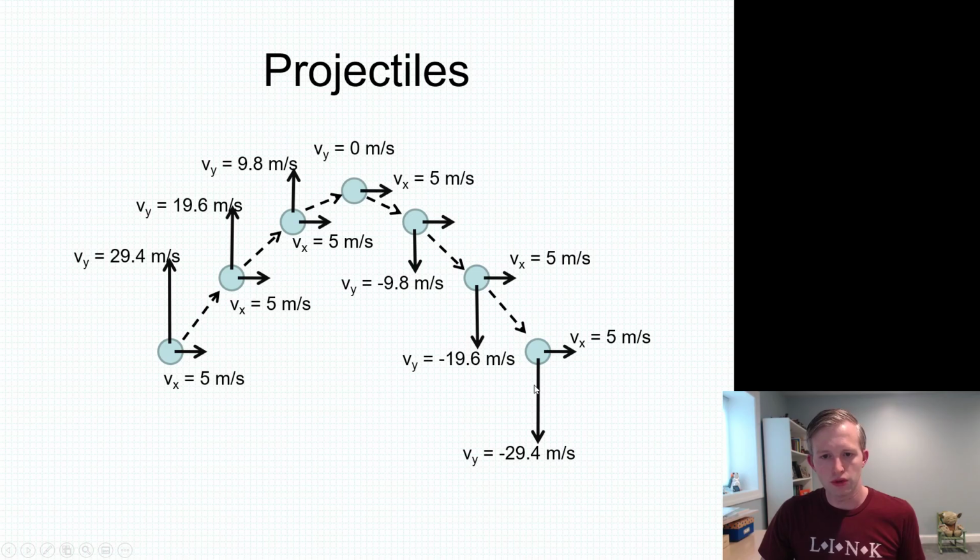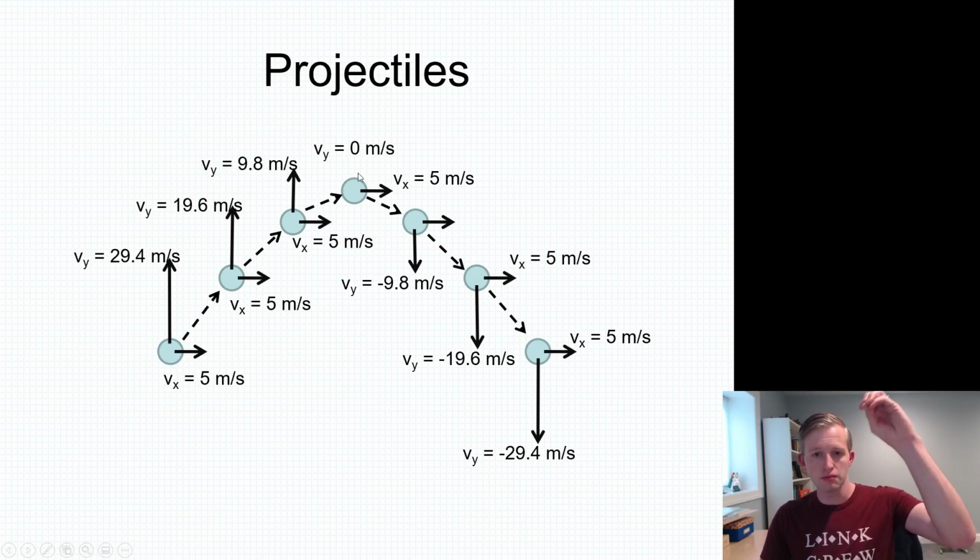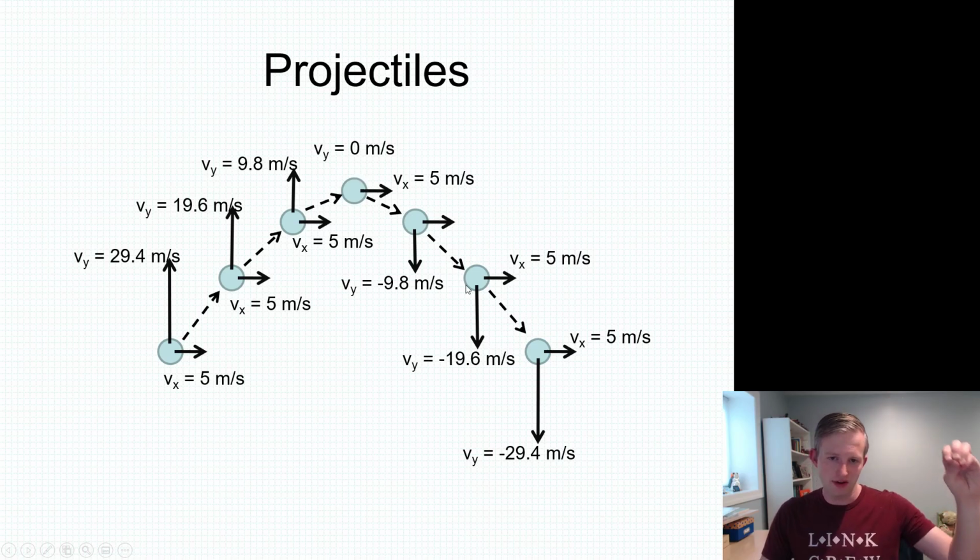And one last notable thing about a projectile like this, if it started and stopped at the same point, so if let's say this is launched from the ground or from your hands, you launch something up, and then maybe another person catches it or it lands on the ground. If you start and stop at the same height, then what we find is that the y velocity, that vertical velocity, is going to be the same magnitude at the beginning and the end. Because for the first half of this, it was losing that magnitude, going to 0 when it reached the peak, and then for the second half of it, it regained that magnitude,